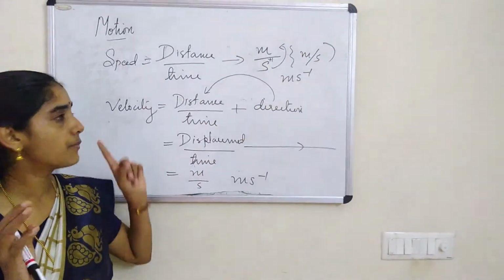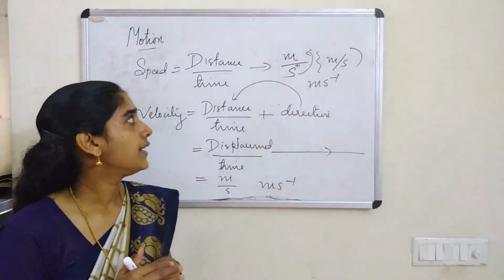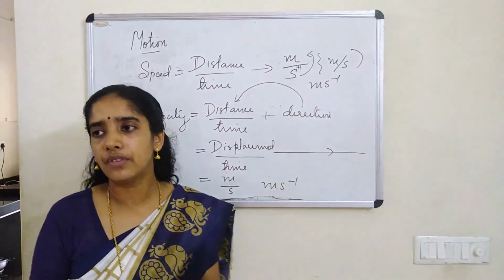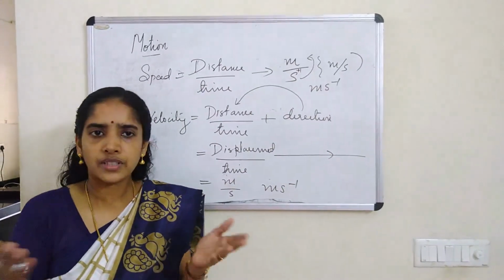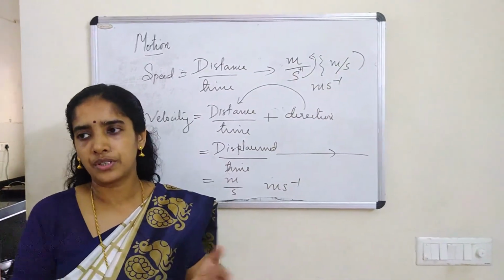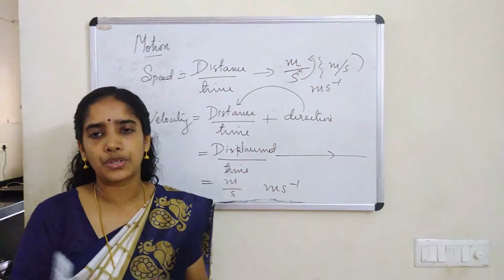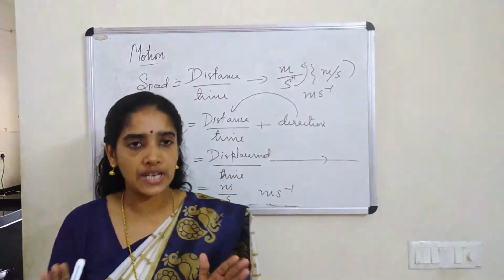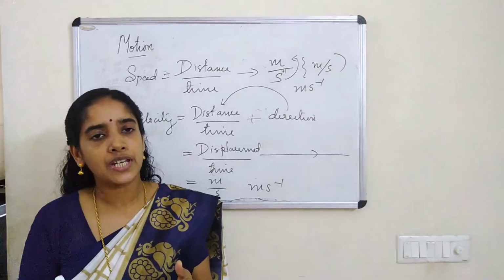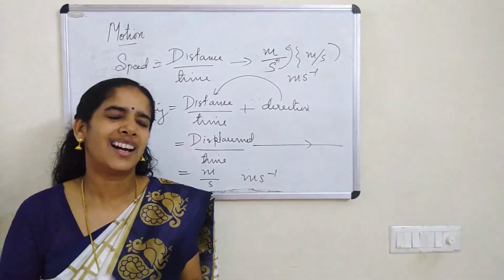I hope you understand about speed and velocity. And here I want to tell you one more thing. We know that when we travel from one place to the other, take the case of our journey by car or a bike or by bus. We know that continuously the speed of the vehicle is changing. Continuously speed changing means we can see.